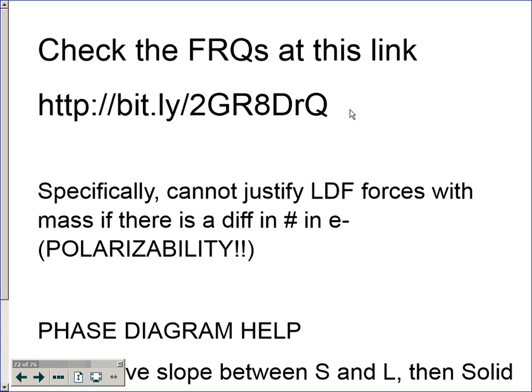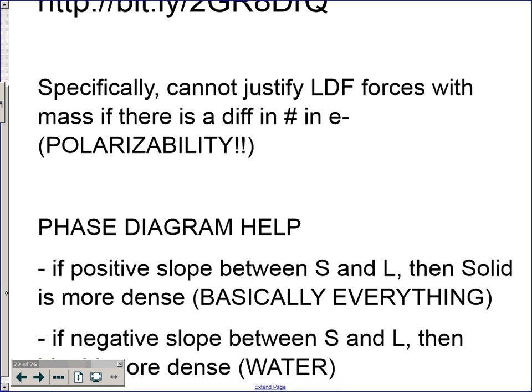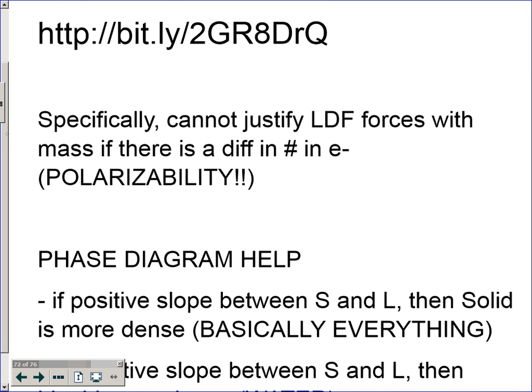All right, so before you get looking in deep at those details, 2 things. Whenever you're specifying the force of attraction that's London dispersion based, you do. Here, I'll scroll back up because you guys are still working on that bit.ly address. You do have to look at number of electrons, right? If they're nonpolar, you have to first look at number of electrons because it's all about polarizability. That is your main argument, or very important term that you should be using with any London dispersion discussion, not